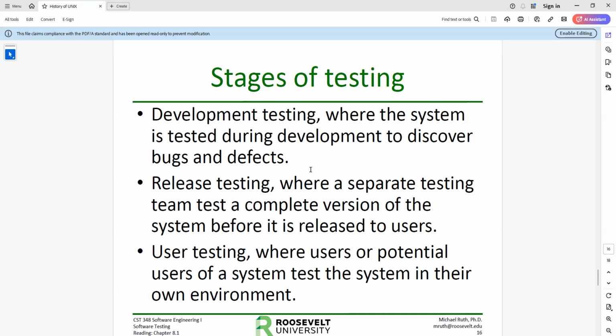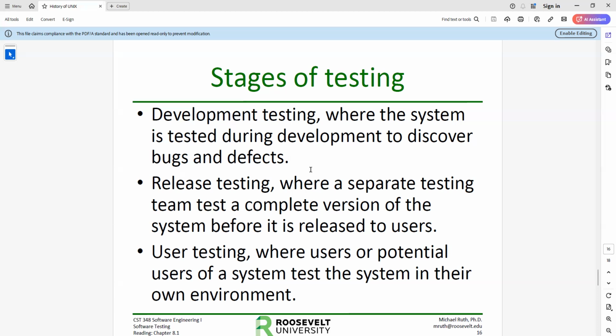There are stages of development testing, as an example. User testing, like beta testing, those types of things are very, very important in certain environments. So we'll talk about that process in detail as well. And release testing is pretty simple given the other types of testing. Okay, it's just done